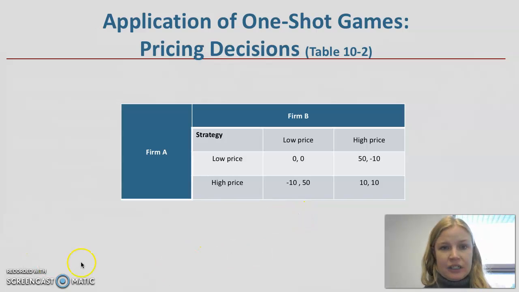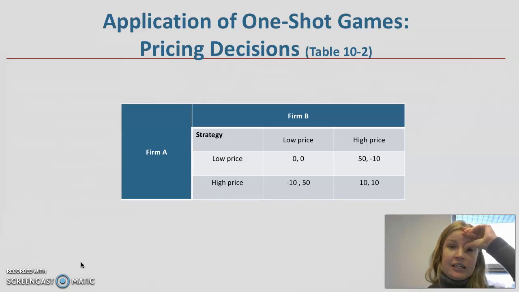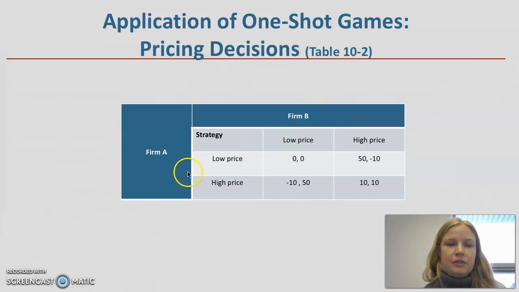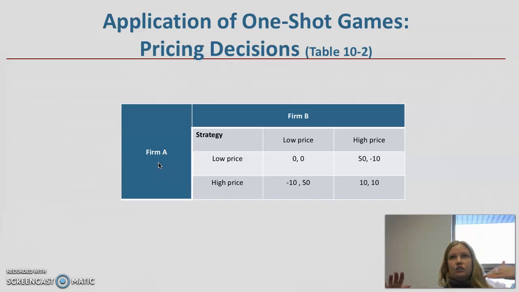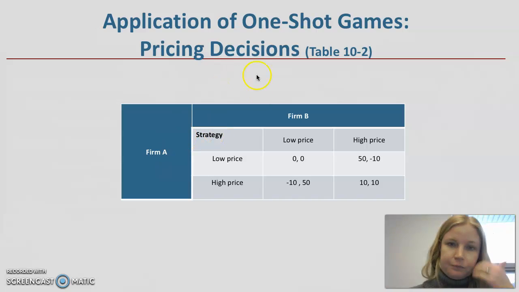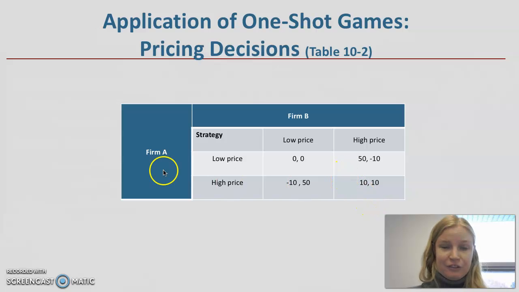So I have to be honest with you. I was looking at this earlier. I was recording this lecture, and I got real confused on this one. So let's say there's a pricing decision, firm A, firm B, and I think of these as gas stations on either side of the road. They can either charge a low price or a high price, and how well they do depends on how well the other does. So I got confused because I was thinking of a dominant strategy, and I was like, okay,